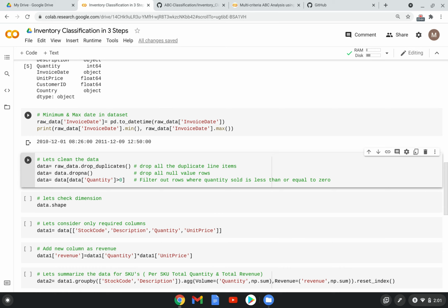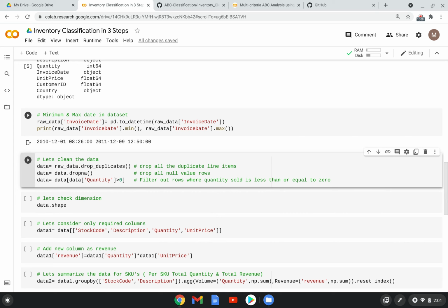So the minimum invoice date is 2010 December 1st, and the maximum, the latest date, is 2011 December 9. That means it is a 1 year data set. To do this inventory classification, a 1 year data set is enough, guys, because it covers all the months.